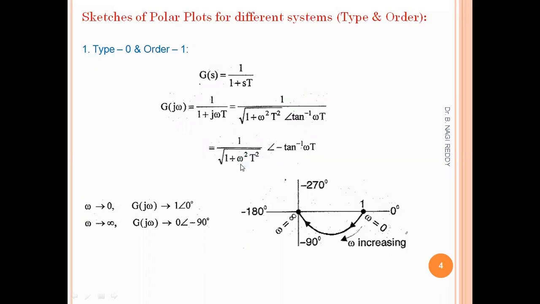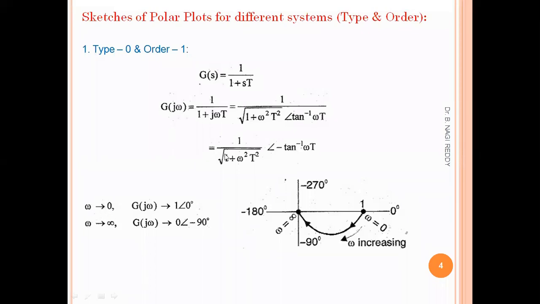See, omega is the frequency here. This is a frequency graph. So based on the omega value only, we can draw the plot. So omega can be varied from 0 to infinity. You understand this concept properly so that for case 2, case 3, up to case 7, each and every case, the same procedure will be followed. So first, the minimum value of omega is 0 and the maximum value of omega is infinity. So omega will vary from 0 to infinity, right?